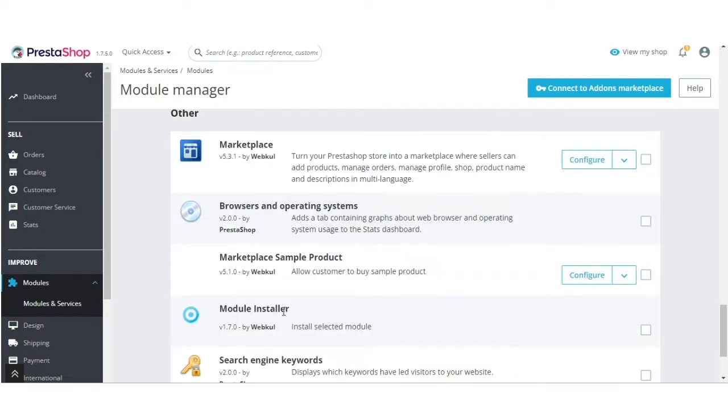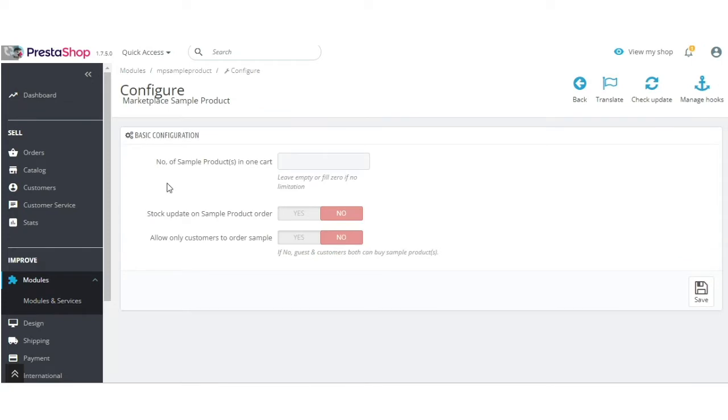Let's discuss module configuration first. From here, admin can set the number of sample products a customer can add in a single cart. If this field is enabled, then the stock of a product gets automatically updated when its sample is ordered.